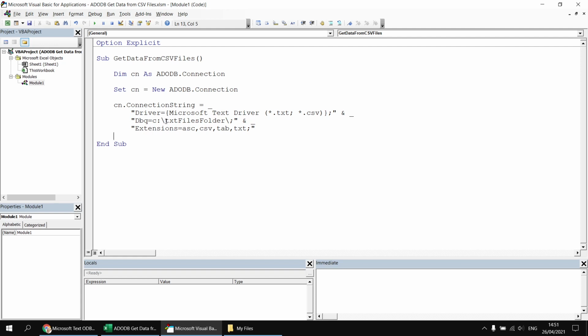Of course, we need to point to a different folder than the placeholder one that's used here. So this is currently pointing to c:\txt files folder. What I'd like to do is concatenate the location of this workbook's path and the My Files folder to that. So let's just change that bit in